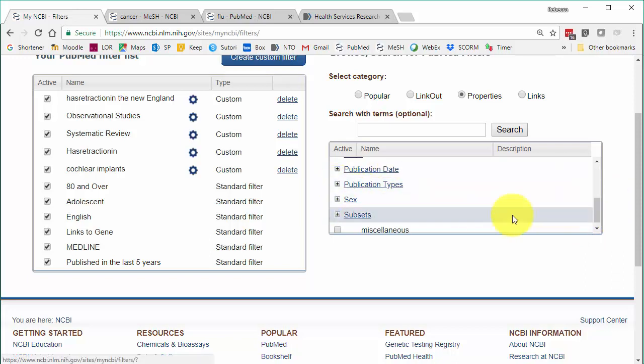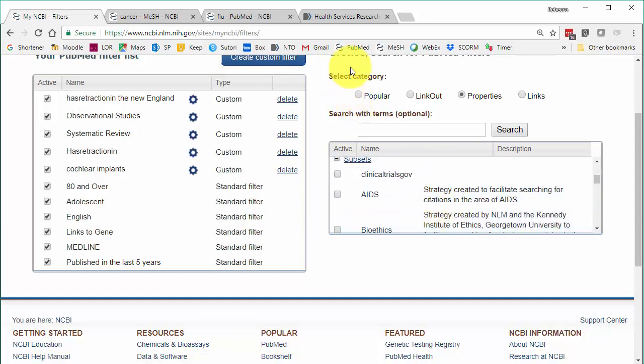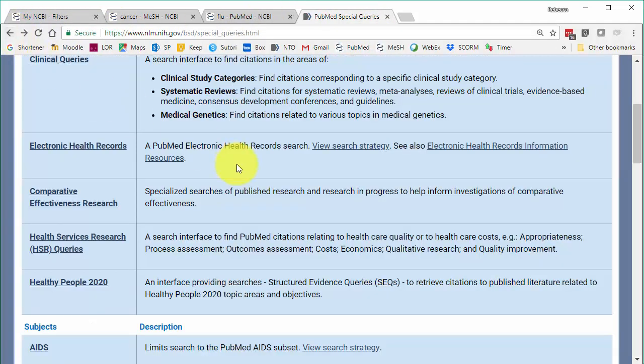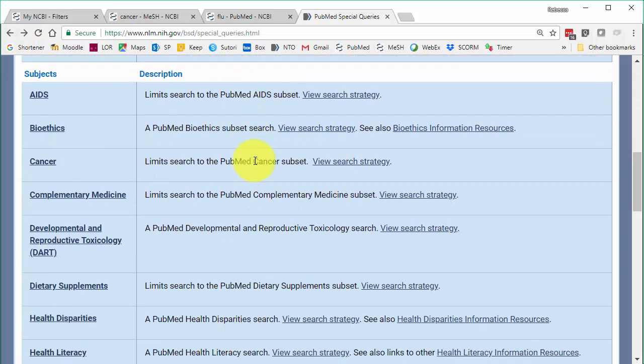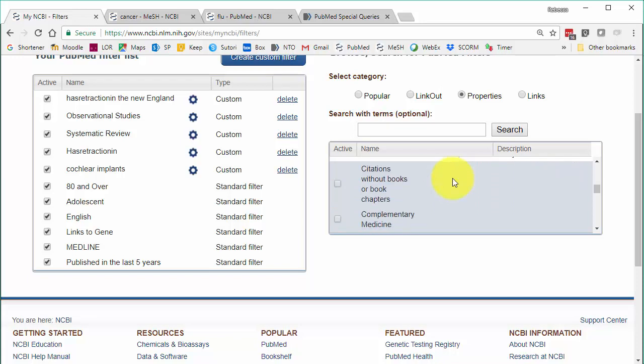Okay, let's make that smaller. Let's see what else there is. Subsets, yes. This also takes you to what I refer to as that blue page. Let's go back here. If you attended or watched the building and refining a search session, we showed you these different search subsets here, and you can bring those on to your right side filters. It's the very same